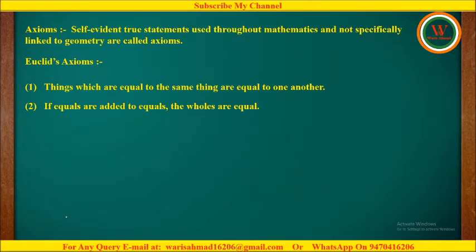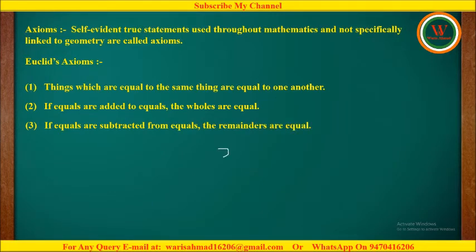Now let us see the third axiom. If equals are subtracted from equals, the remainders are equal. Again we can consider the same case. Suppose x is equal to y, and suppose we are subtracting 2 from x and 2 from y also,